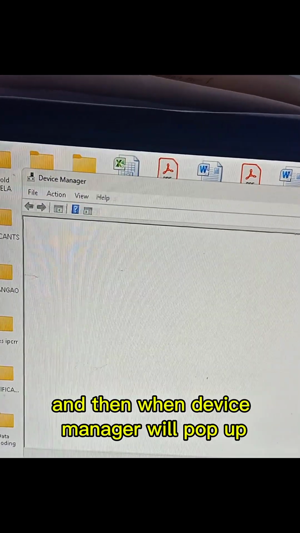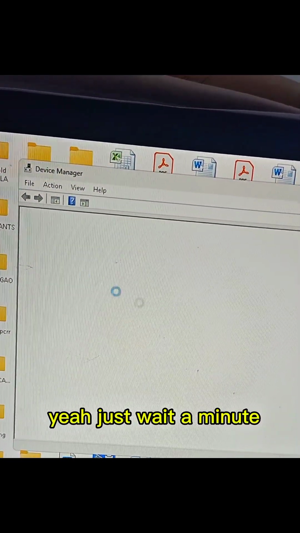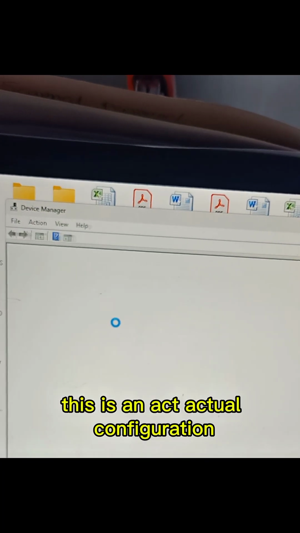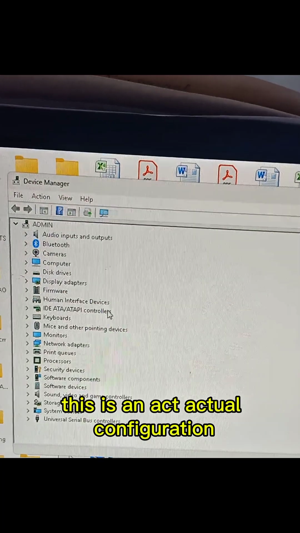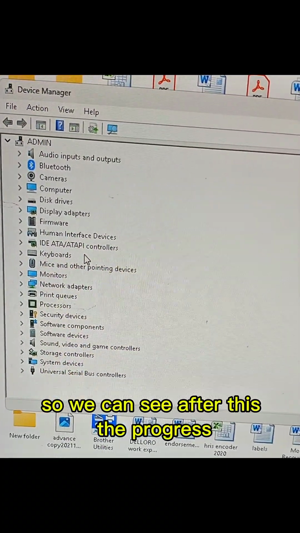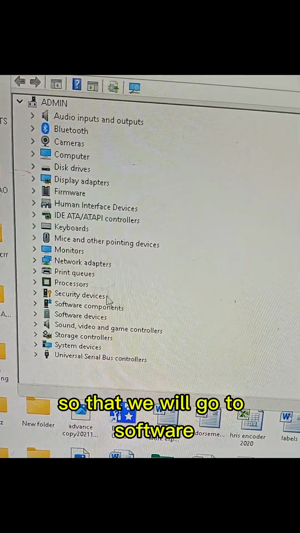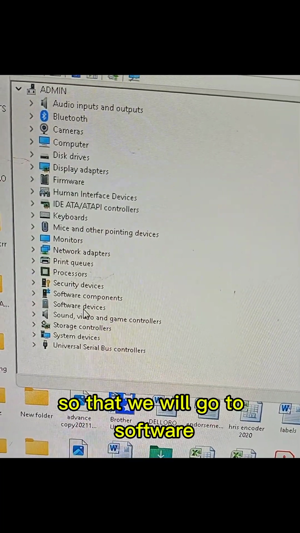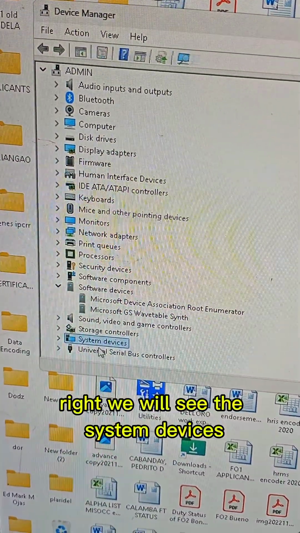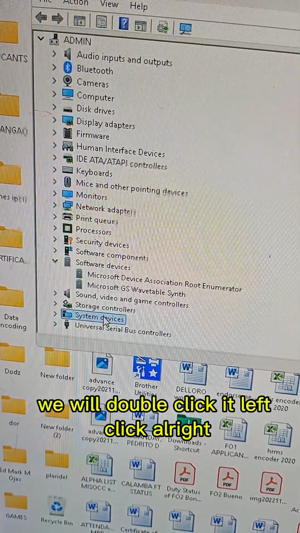And then when device manager pops up, you just wait a minute. This is an actual configuration, so we can see the progress. Then we will go to software. We will see the system devices. We will double click it.